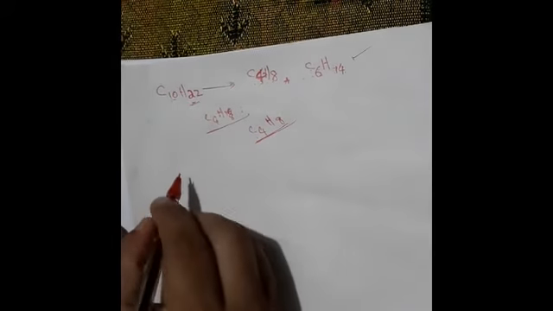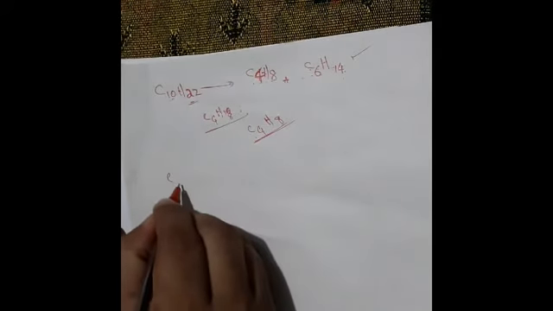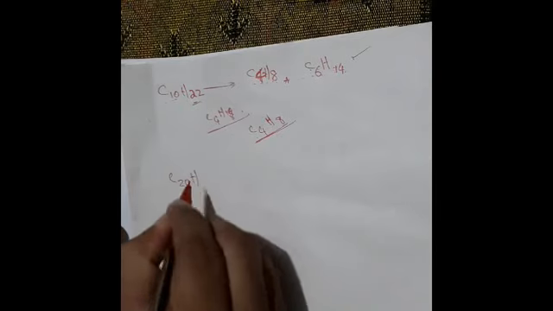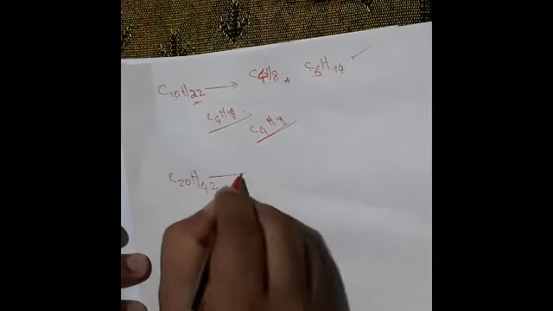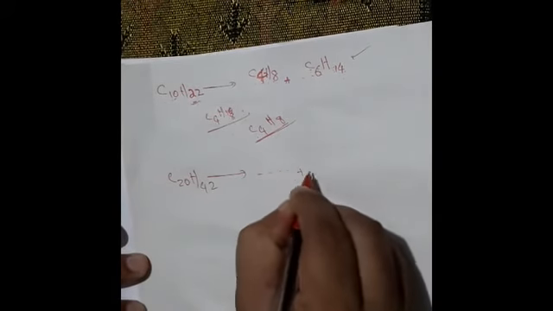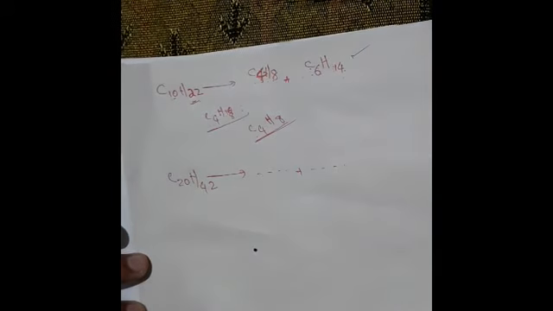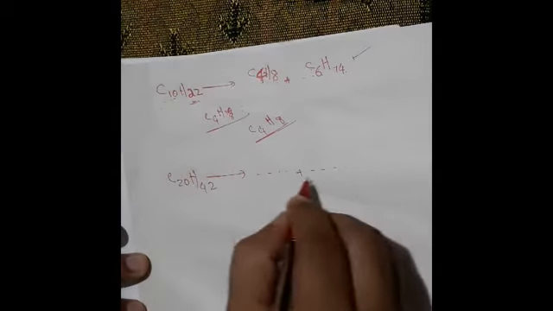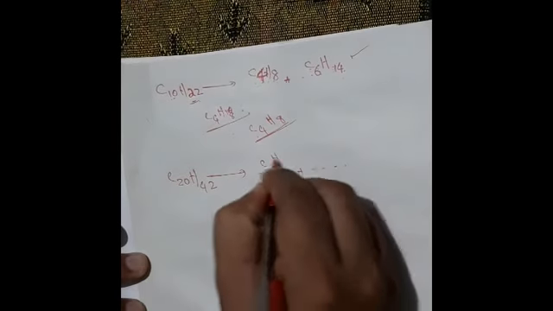Sometime the question asking like this, C20H42. After cracking, it form two different type of product. Complete the product. Okay, so cracking means just breaking of long chain hydrocarbon. So there is no fixed product. It can break anyway. So both part contain carbon and hydrogen.